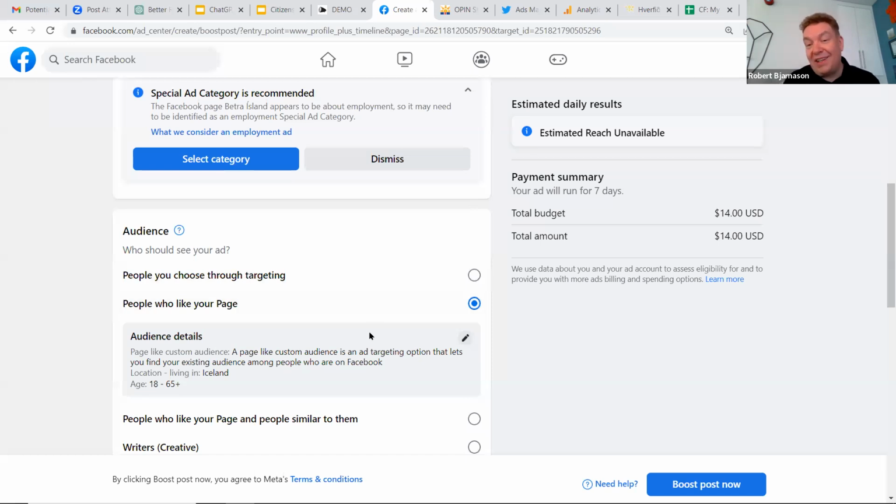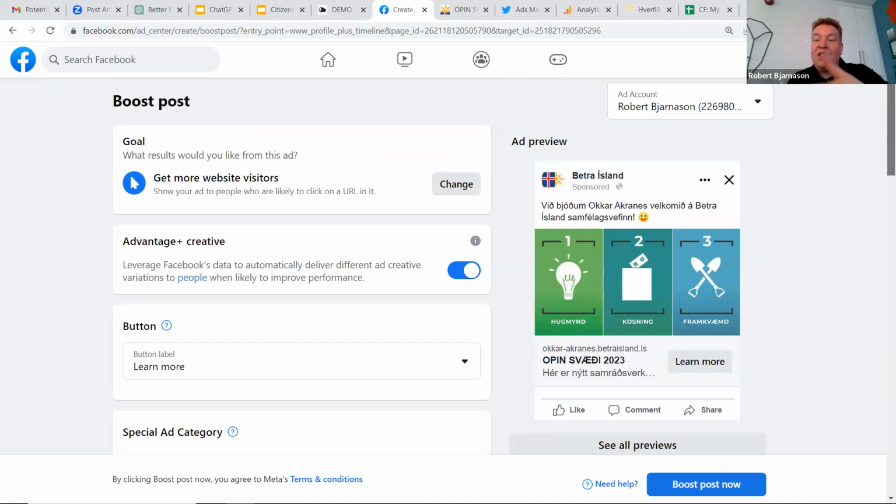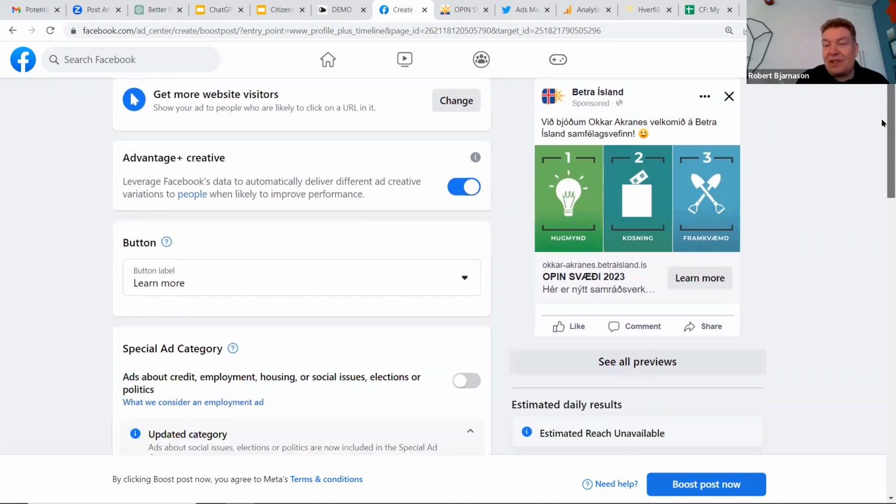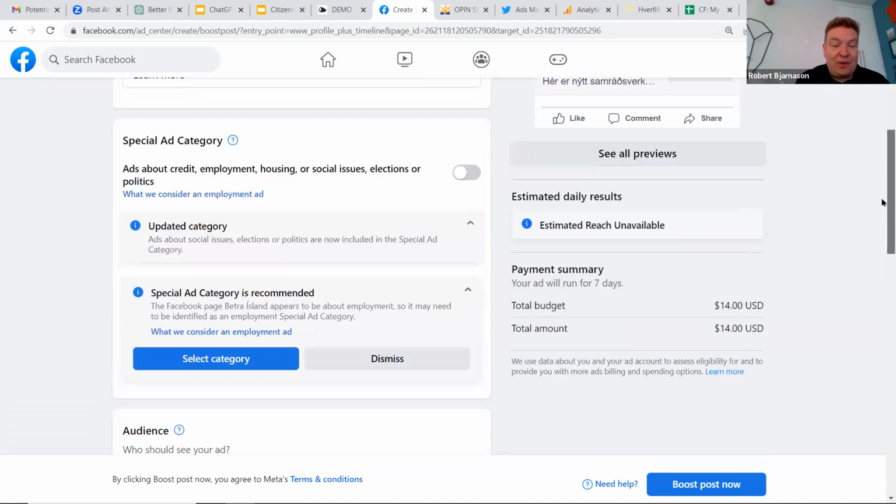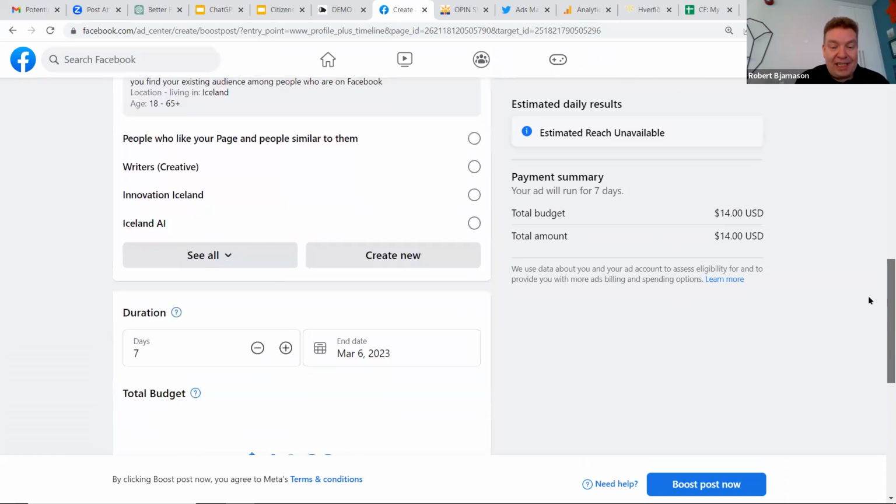So what I'm doing here is more or less just using this as an example of how to use boosting. As I say, there's an advertisement agency promoting this project. I'm not promoting this project, and the Better Iceland website is more for people working in NGOs, civil society, and so on. It's not really for citizens directly.